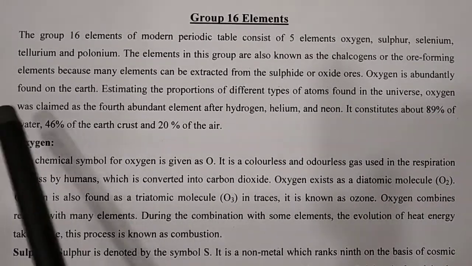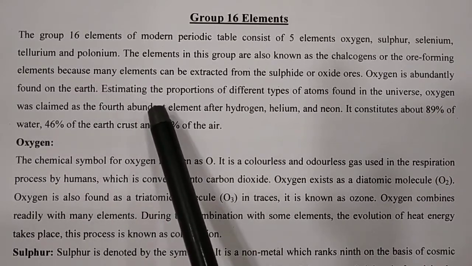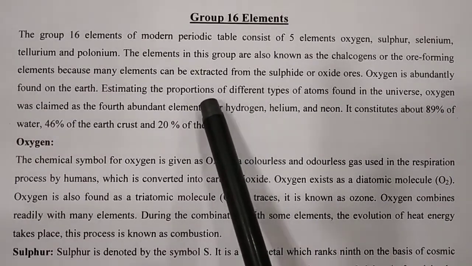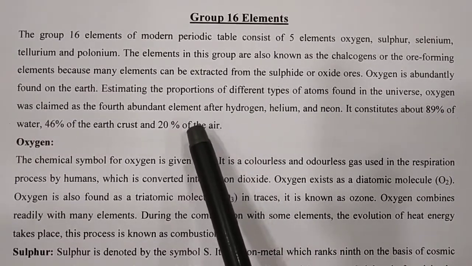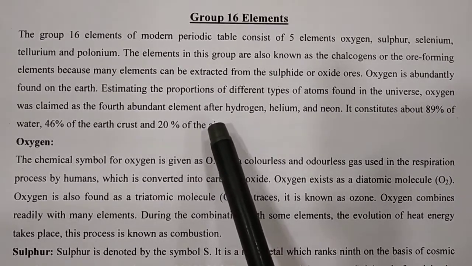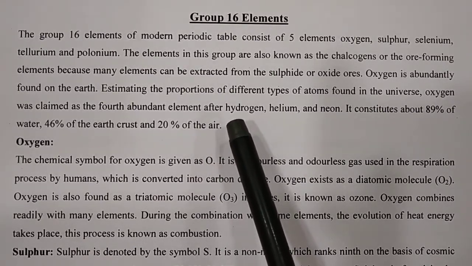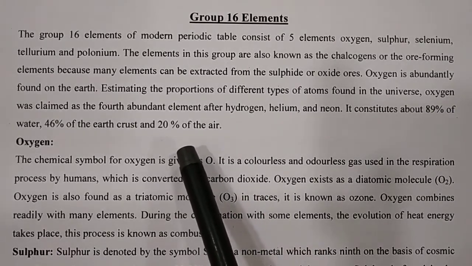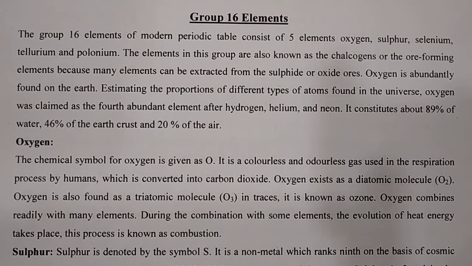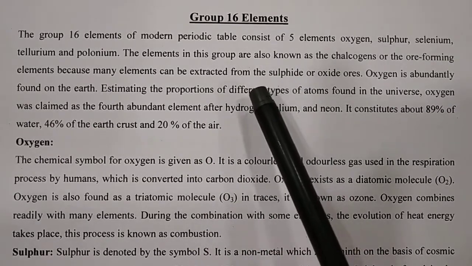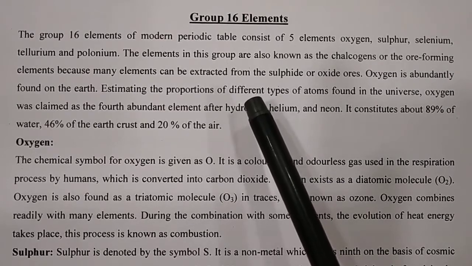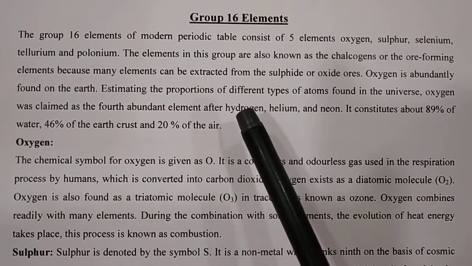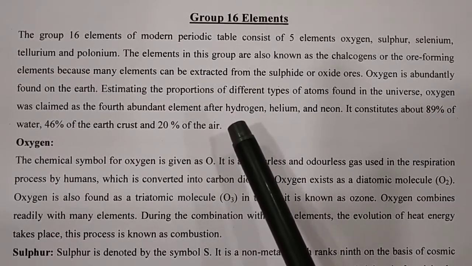Oxygen is abundantly found on earth. Estimated the proportion of these different types of atoms found in the universe, oxygen was claimed as the 4th most abundant element after hydrogen, helium and neon. It constitutes about 89% of water, 46% of earth crust and 20% of air. So you are all aware of it. Oxygen is really very important for human beings also. In chemistry, each and every combustion reaction takes place in the presence of oxygen, and lots of applications are